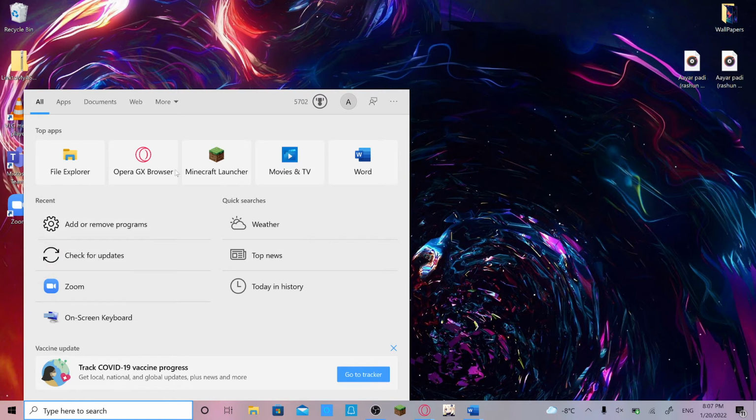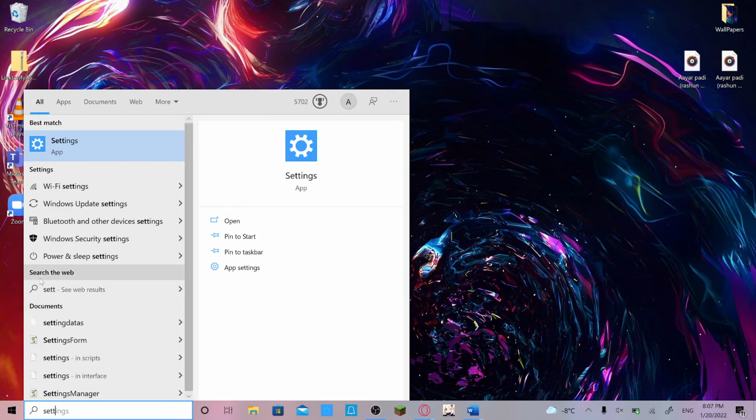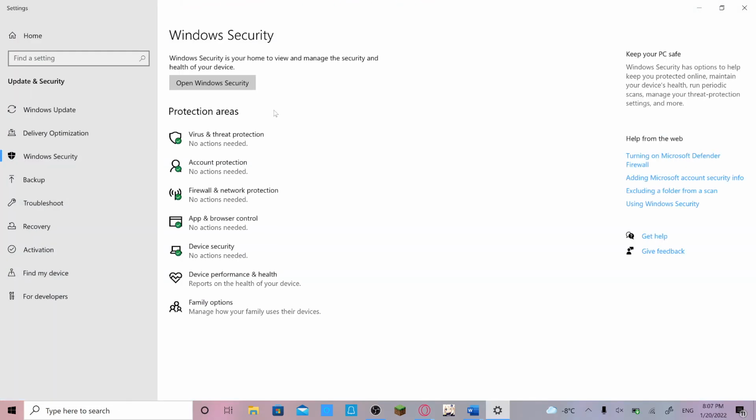Okay, just go to settings first. I kind of forgot the name. I gotta improve my memory. Okay, settings. Okay, yeah, Windows security settings. That's what it's called. When you click that, you can just click open Windows security,